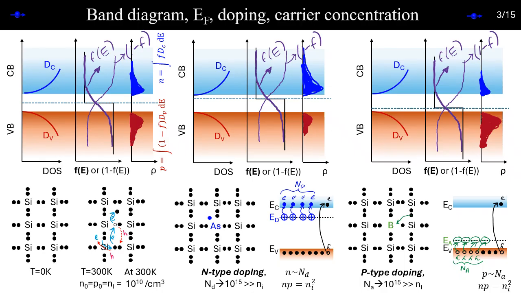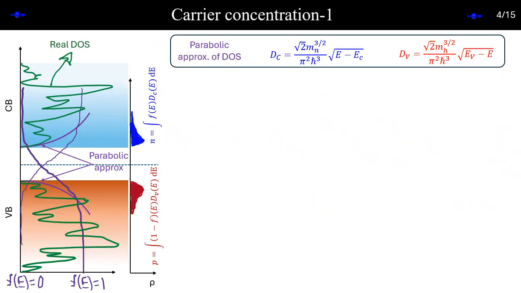Ready for that? Okay, that is done here. So in a real system, we can have very complex density of states, but near the conduction and valence band, as I keep mentioning, we can always have density of states like that. Now, this is the Fermi energy level.